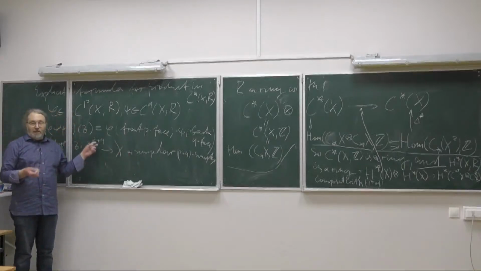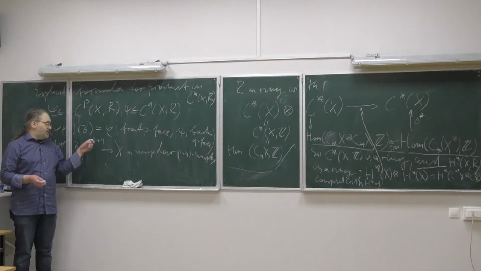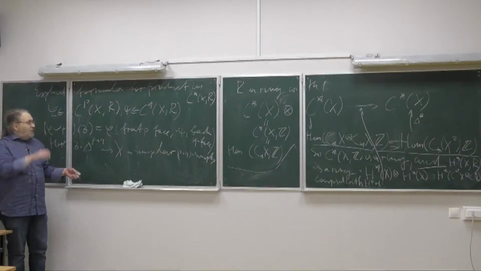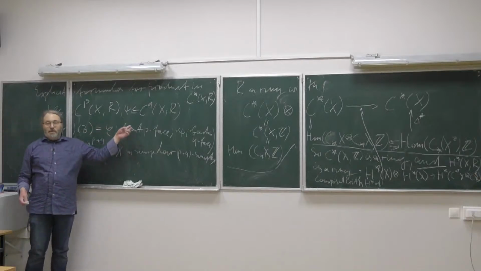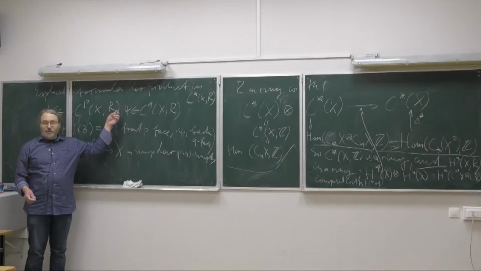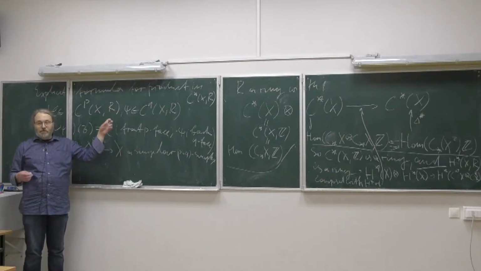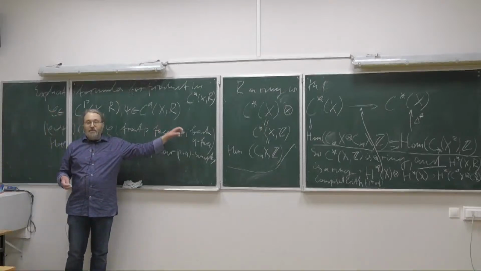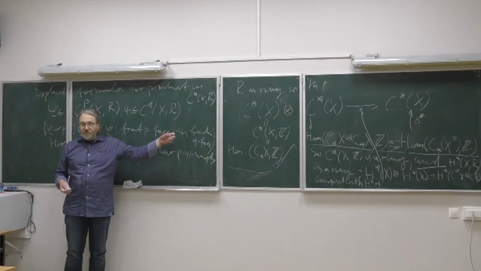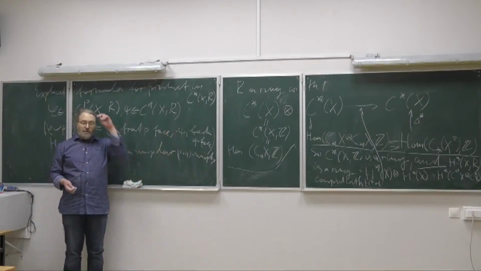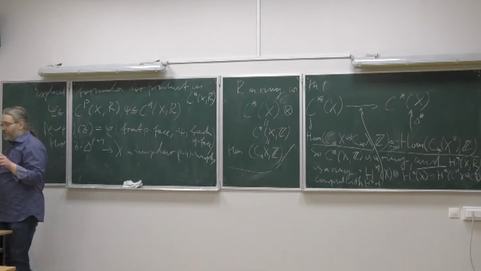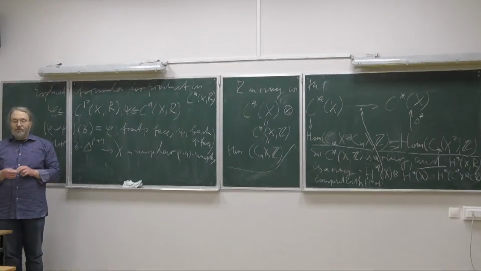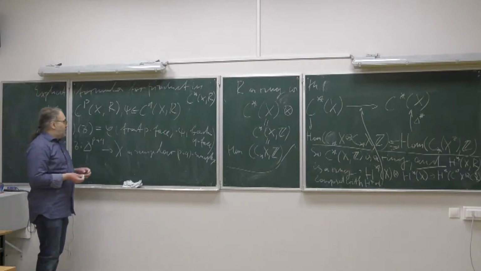This is a map from delta p plus q to x, a continuous map. I know how to apply the first cochain to the front face, and I also know how to apply the second cochain to the back face. Now, do the words front face and back face make any sense? No. Okay, so